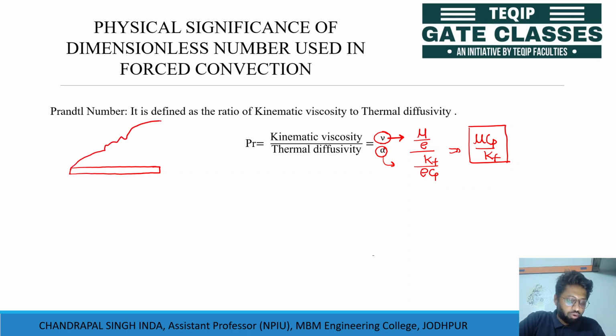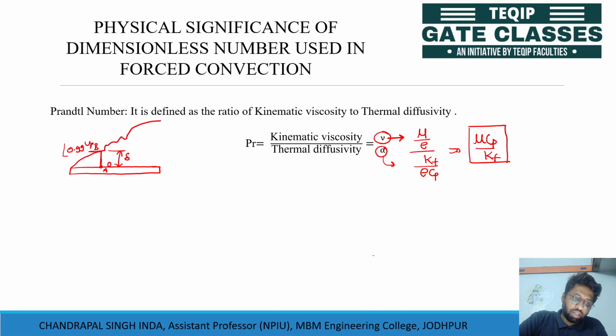This is how the boundary layer is represented. The boundary layer is defined as a region where the velocity gradient occurs, meaning the value of velocity is changing from this point to this point. So at point A the value of velocity is 0, and up to this point the velocity is 0.99 times u infinity. This distance is known as the boundary layer thickness, represented as delta.